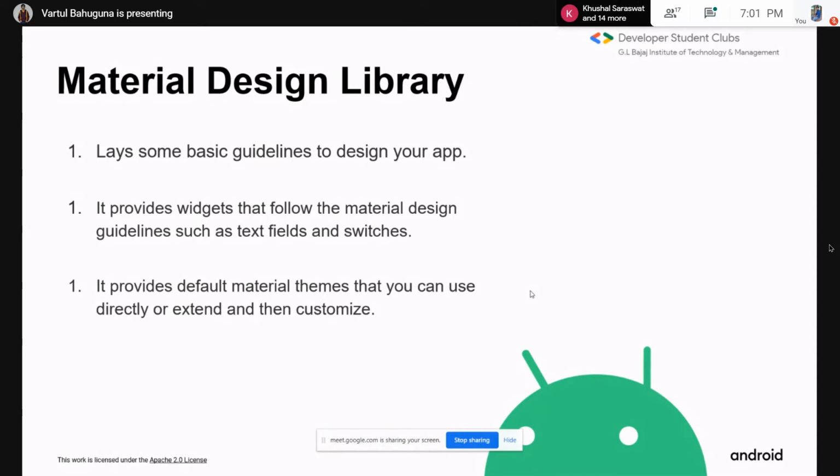So you can use those buttons to make your app appear more beautiful and more attractive. It also provides us with some widgets, and by default the material theme that you can use directly or extend. You can extend the material themes in your current themes also.